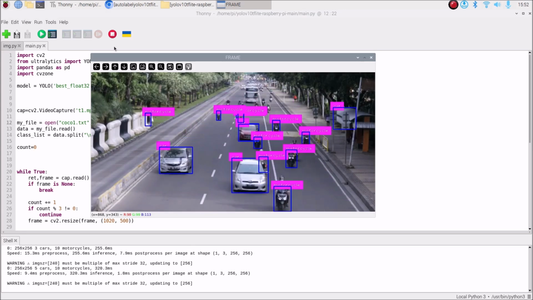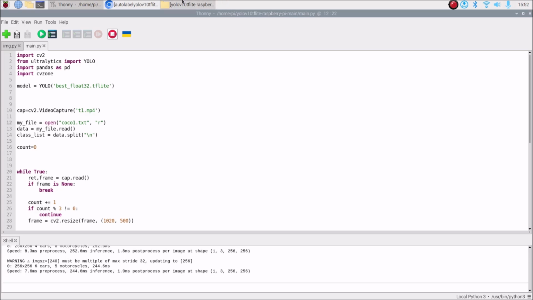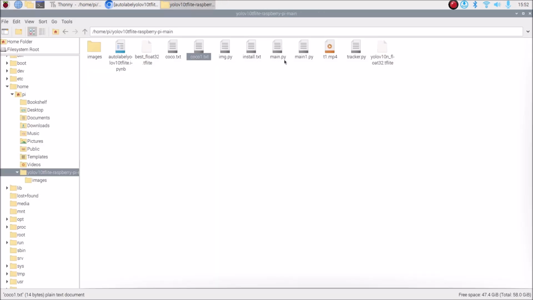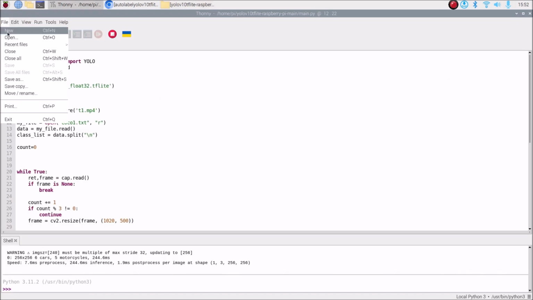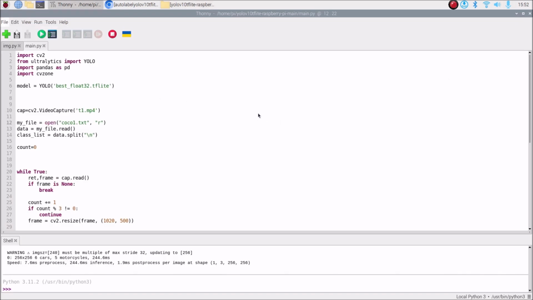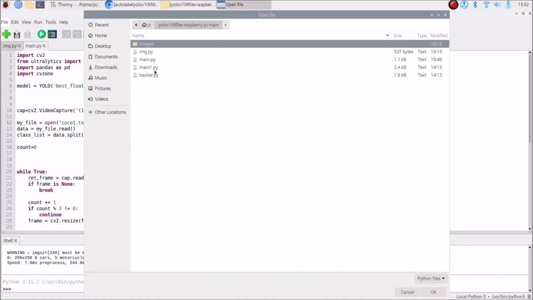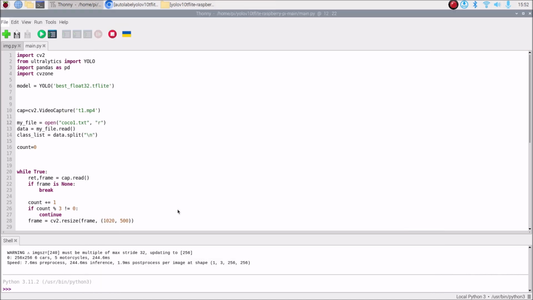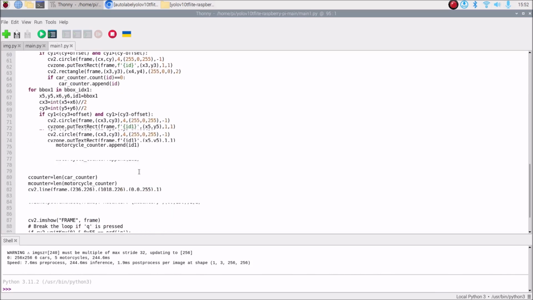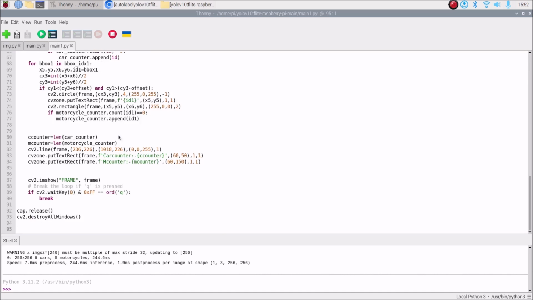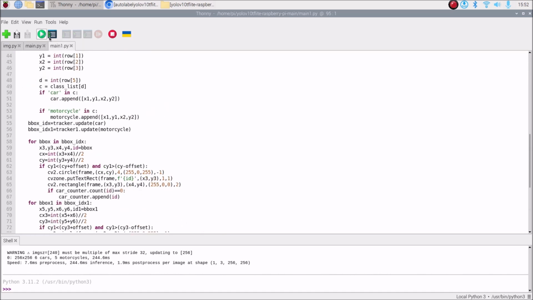Now, as I mentioned, inside the repository I have put the main1.py code where we have our counter also. So File, Open, and main1.py, and here I have put the full code with counter. Let me first stop the while loop. I have already stopped the while loop. If I start the code,